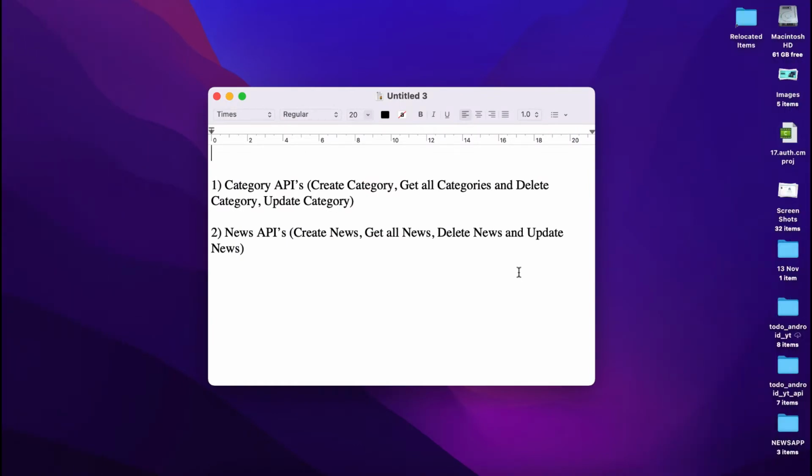I am Ajit. So in the last video, we had completed one API, that is to add news. So in this video, we will create APIs to fetch all news, one endpoint to delete news, one endpoint to update news, and also I forgot to mention, news by ID. Okay, we'll fetch a particular news by its ID, and also we'll fetch the slider news. Okay, the slider news. So basically there will be 5 endpoints we need to do. Okay, let's see how much we can do in this video.